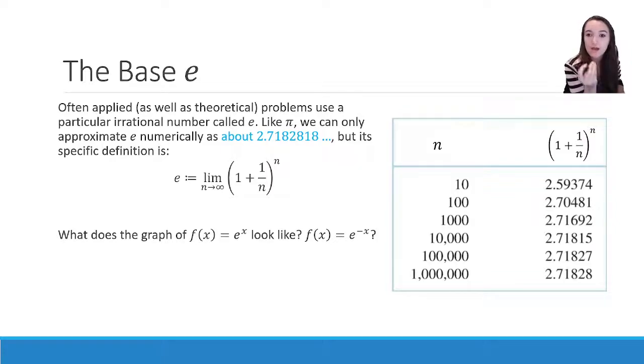It's an irrational number, just the same way pi is. But it has a specific definition, in the same way that pi's definition comes from the circumference of a circle. So here is the definition. Mind you, you're not meant to really understand what this means at this moment. This uses some notation that you'll learn if you go on to calculus. But e is equal to the limit as n approaches infinity of (1 + 1/n)^n